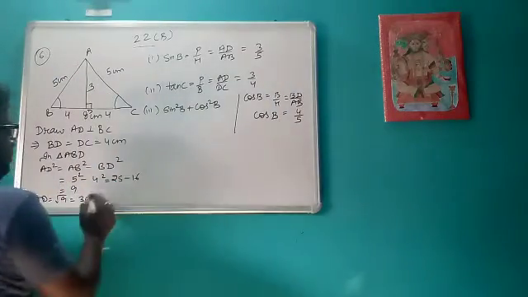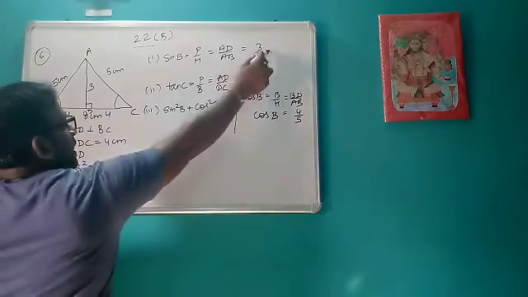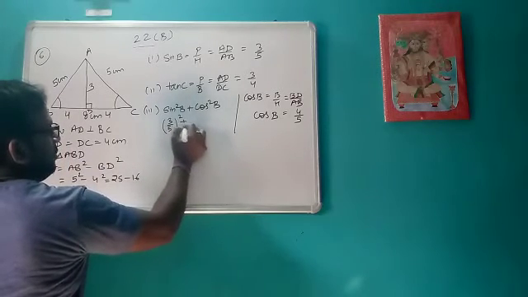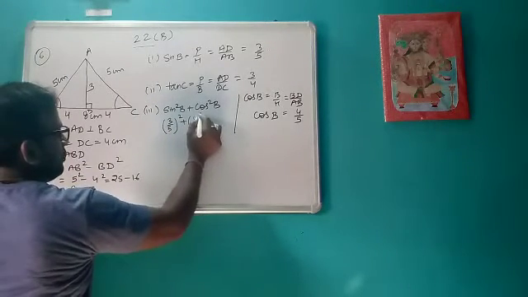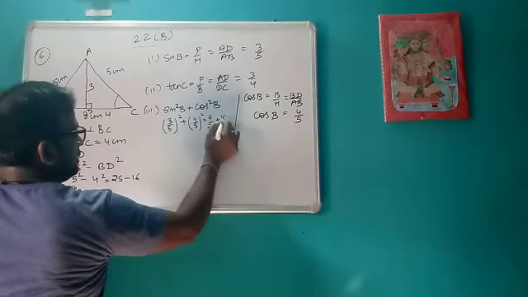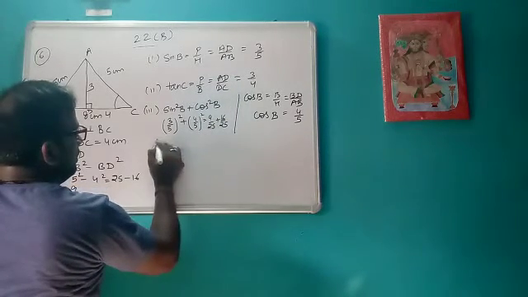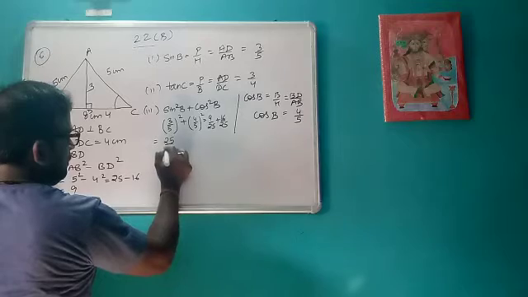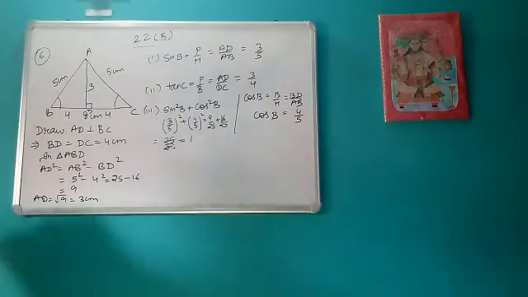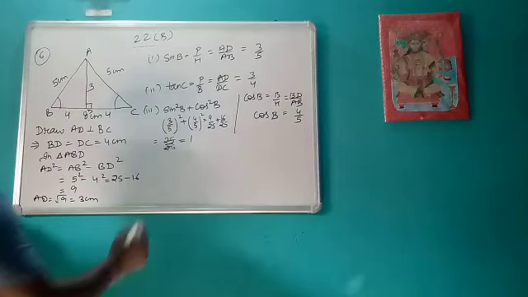So we will put the value. What is sine B? This is sine B. (3 upon 5) square plus (4 upon 5) square is equal to 9 upon 25 plus 16 upon 25 is equal to 25 upon 25, that is 1. And last is